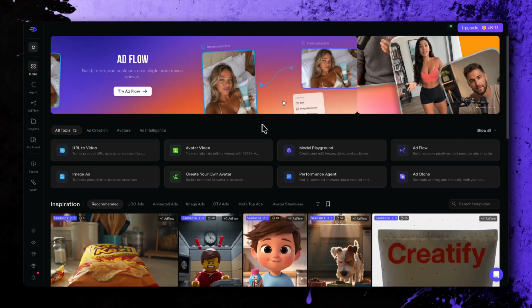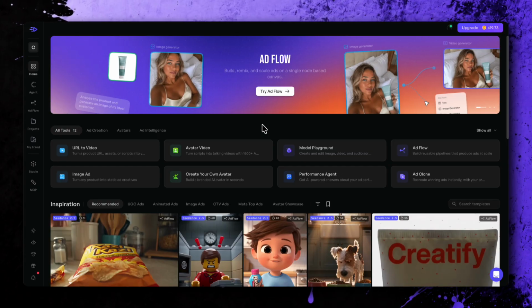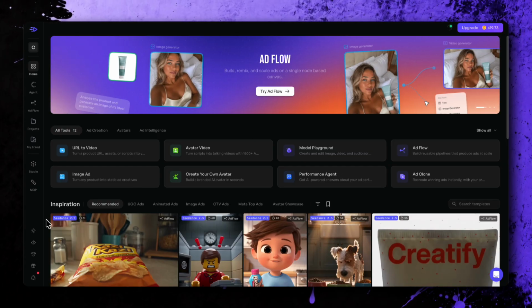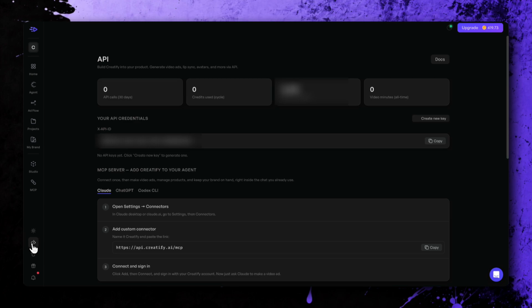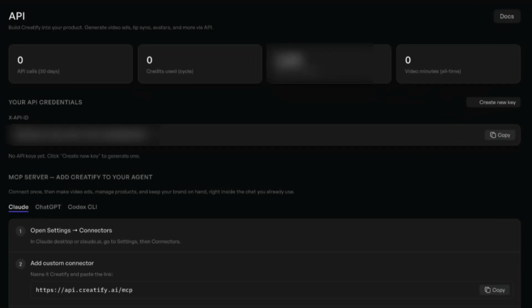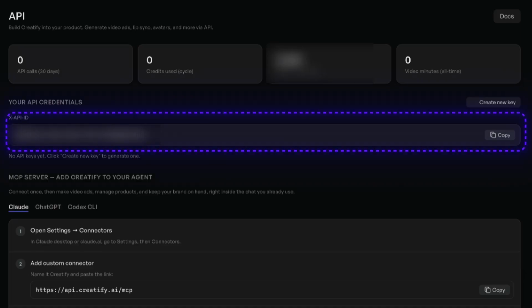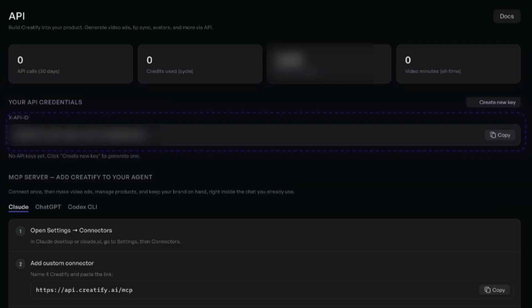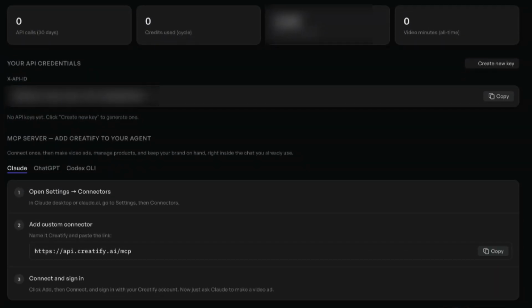Before we start generating anything, we need to connect Creatify to Claude. Inside Creatify, open the API section. This page contains 2 different ways to work with the platform, the standard API and the MCP server. At the top, we can see our API usage, remaining credits, and credentials. If you're building a custom application with Creatify's REST API, this is where you'll find the XAPI ID and create a new API key. For this workflow, however, we're using MCP, so we don't need to manually copy these credentials